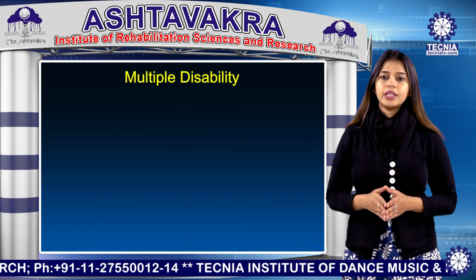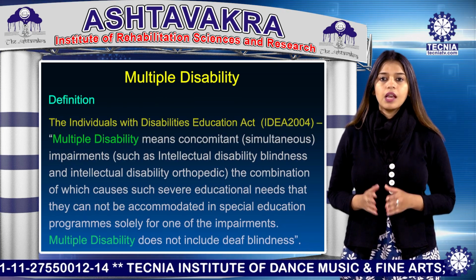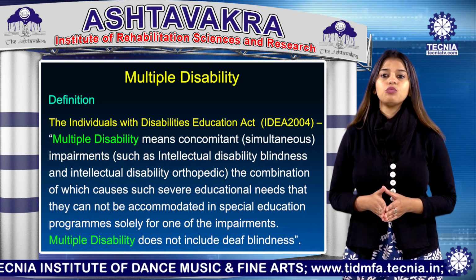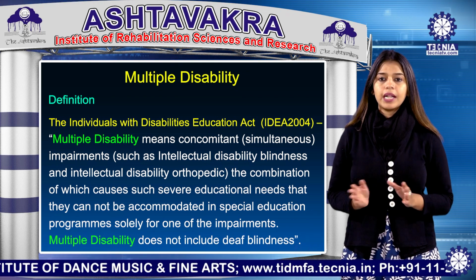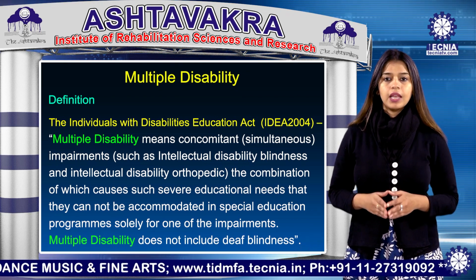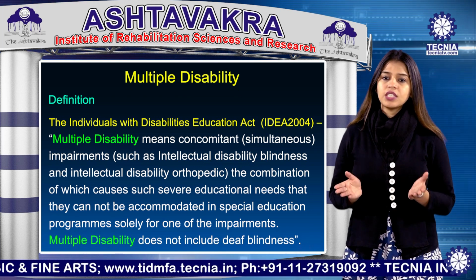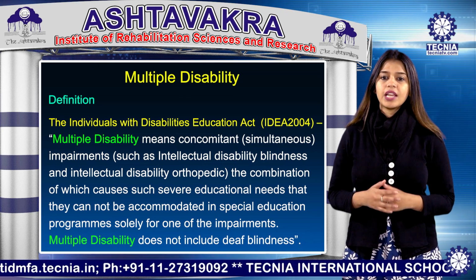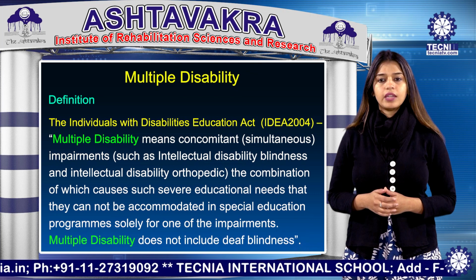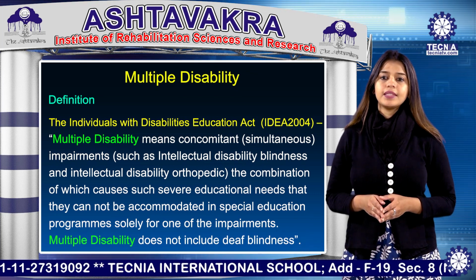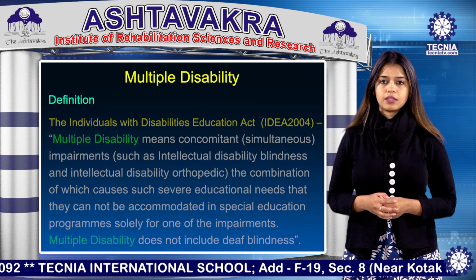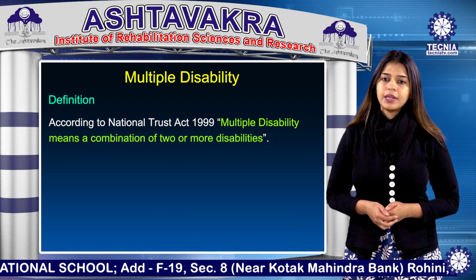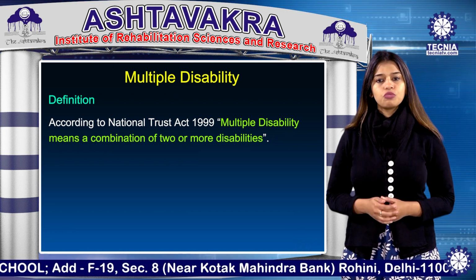Now we will discuss the definition of multiple disabilities. The Individuals with Disabilities Education Act, that is the IDEA Act, which came in 2004. According to this act, multiple disability means concomitant impairments, the combination of which causes such severe educational needs that they cannot be accommodated in special education programs solely for one of the impairments. Multiple disability does not include deaf-blindness. Next, according to the National Trust Act, which came in 1999, multiple disability means a combination of two or more